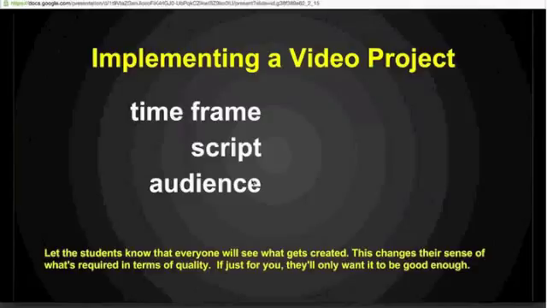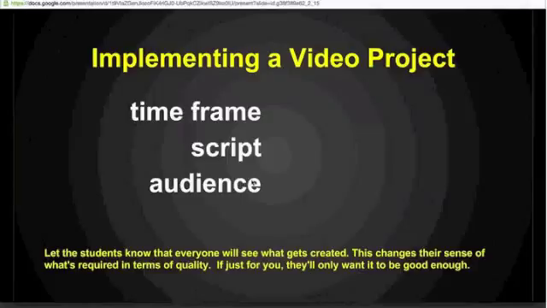Something I talk about all the time. I say this all the time. Something I'm a bit known for, really, but it's just a line I'm going to now inflict on all of you, which is this. When students are creating for other students, for a larger audience, they want their work to be good. But if it's just for the teacher, they want it to be good enough. And that difference is something that we want to be aware of and use to our advantage so that what we see the students create is something that's actually quite strong, because they will do it when they know there's a larger audience.